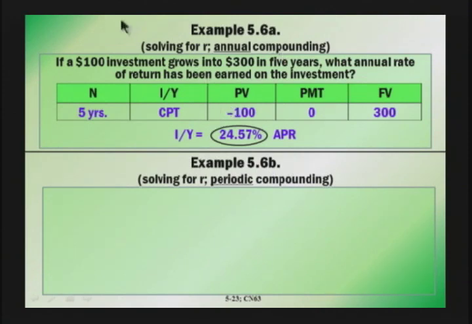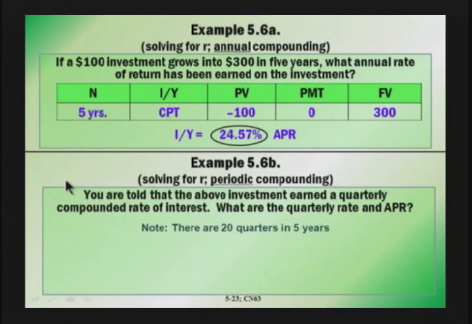Now let's look at this same problem here, and let's introduce some compounding within the year. In this case, it's periodic compounding. We're told the $100 grows into $300 over 5 years, but the compounding is taking place on a quarterly basis. In this case, I've got to do everything quarterly. Since I put in the number of periods so I could solve for the interest rate here, I'll do the same thing, but I've got to put in the number of quarters, since I'm now told that compounding takes place quarterly. So it's still 5 years' time, so I'm going to use 20 quarters because there are 4 quarters in a year. Over the 5-year period of time, there are